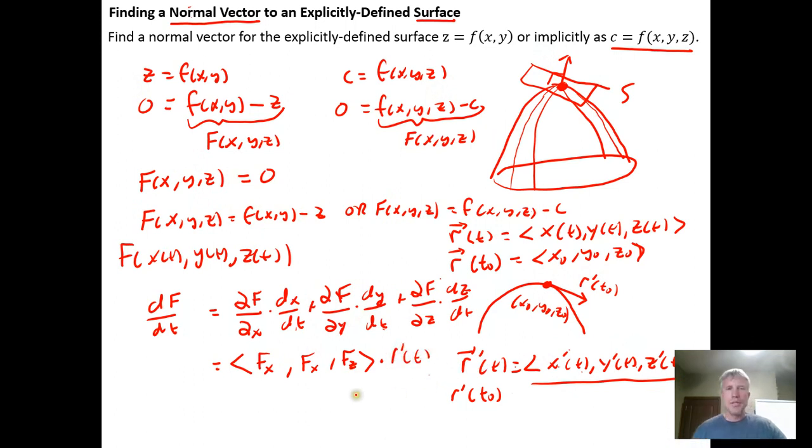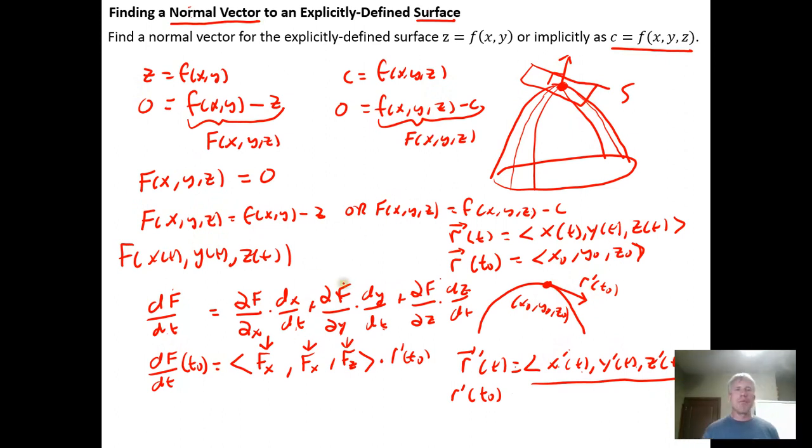So the idea is, if we want to know the rate of change of f with respect to t at this point x naught, y naught, z naught, we're really looking for the rate of change of f with respect to t at t naught, which means, because r of t naught is x naught, y naught, z naught, that we calculate the partial derivatives at the point x naught, y naught, z naught, and then replace t in r prime of t with r prime of t naught, the vector that is tangent to the curve,